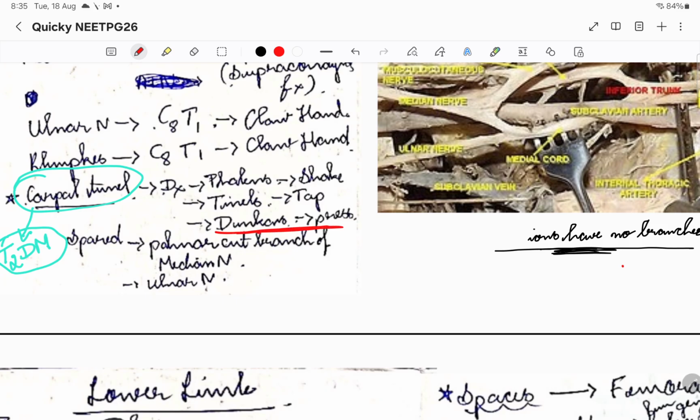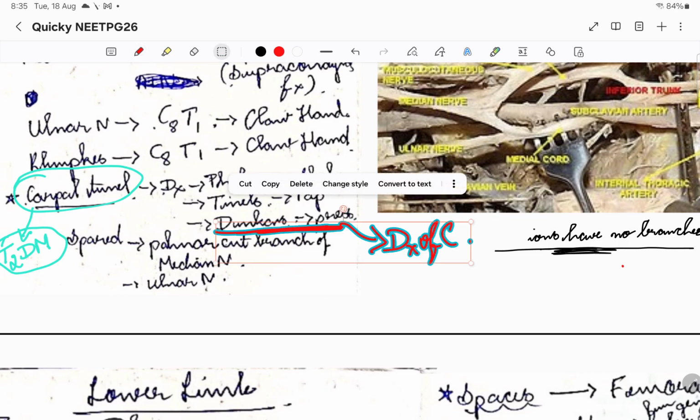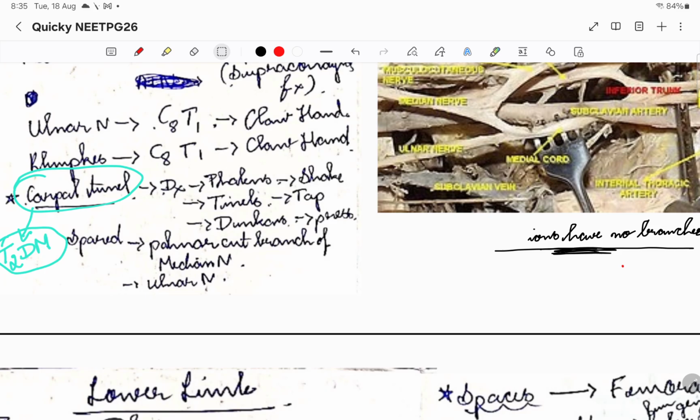So Duncan's test is the diagnosis of choice. If they give all these three options and ask what is the diagnosis of choice, or which is the best way to diagnose carpal tunnel syndrome, it is going to be Duncan's test. And one more major thing that they will definitely ask,